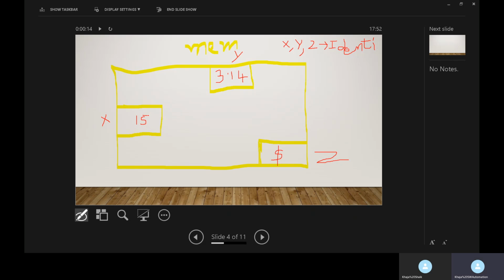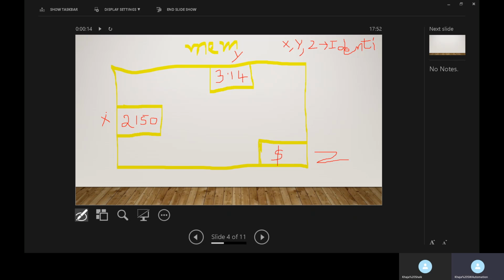Let us suppose after some time, the value in memory location X is changed from 15 to 150. Then after some more time, the value in identifier X is changed from 150 to 2150. So at the beginning of the program, the value in this identifier X was 1, and at the end of the program, it was changed to 2150.